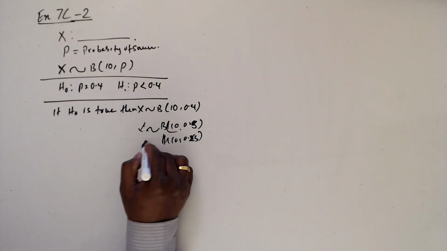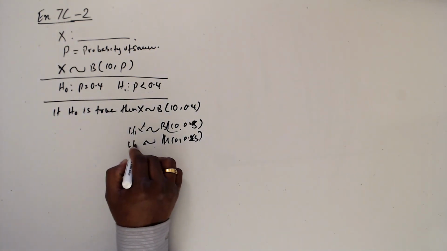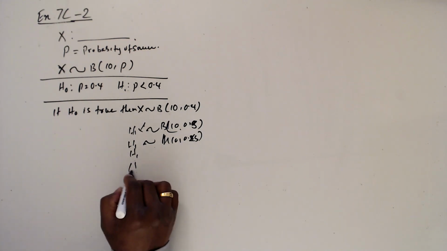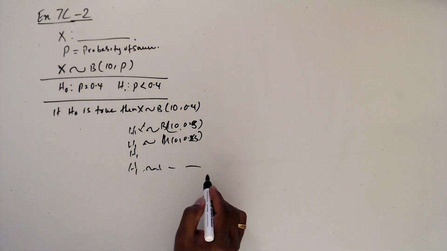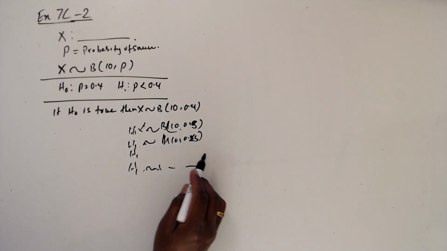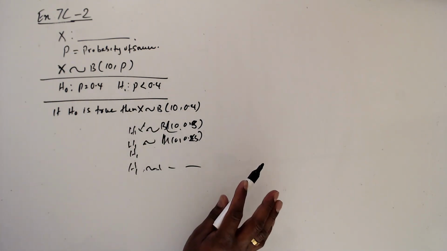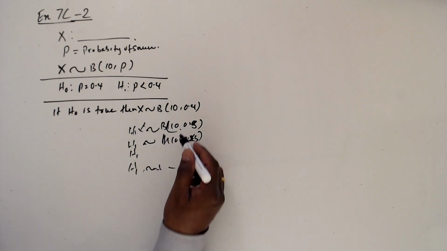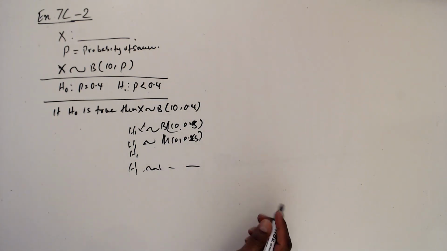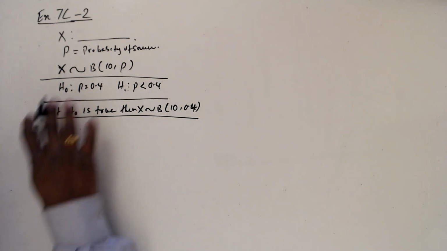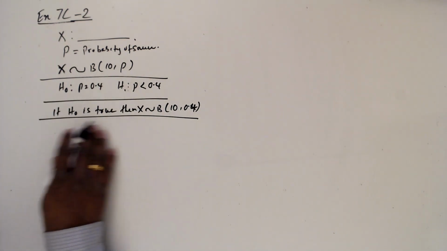X follows something else, so for each one there are an infinite number of options. If it follows 0.4, H0 is accepted. Otherwise, it is rejected. So after this setup, the experiment is conducted,